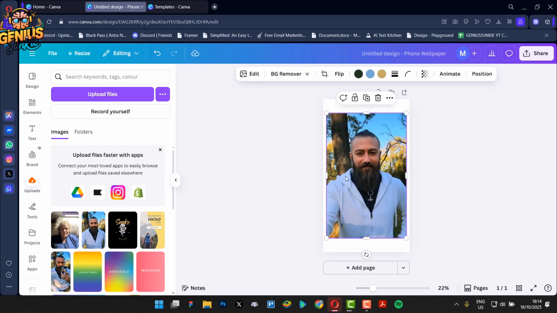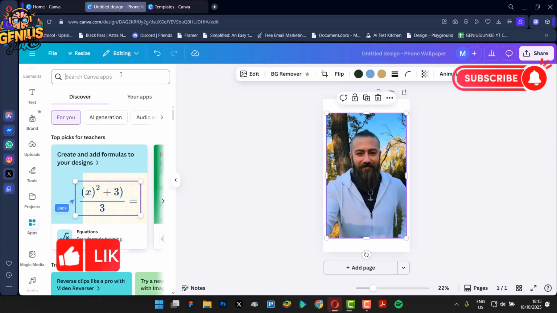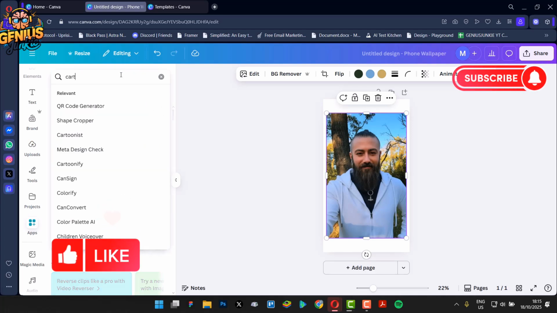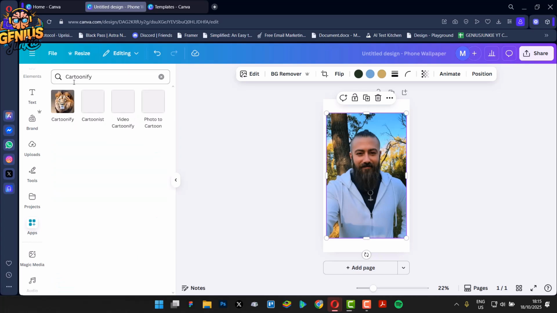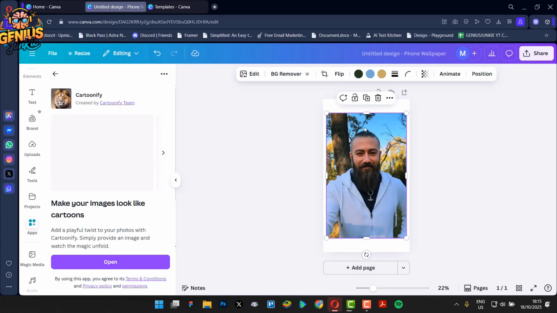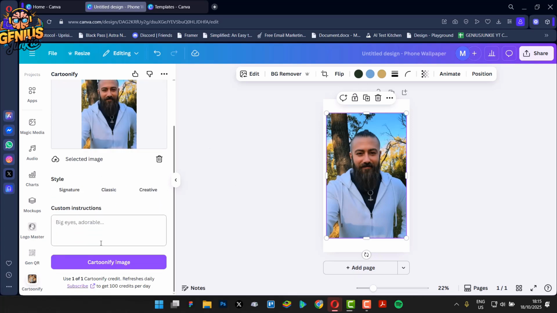And now all you need to do is make sure this image is highlighted. From here, scroll to, you click on apps. And then on the apps menu, simply search for cartoon. So simply search for cartoon and you're going to find Cartoonify. We're going to be going with Cartoonify. This is what we need. Click on Cartoonify. Make sure this is still highlighted. Click on open. All you need to do is make sure the image is selected, scroll, and then simply click